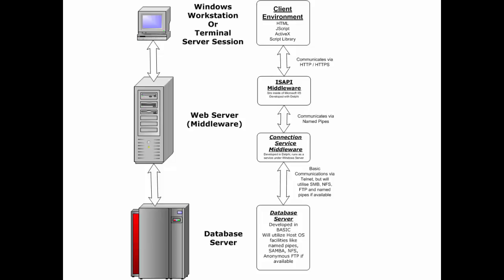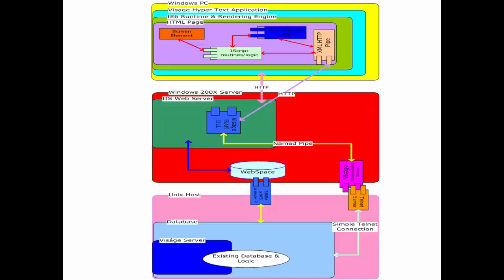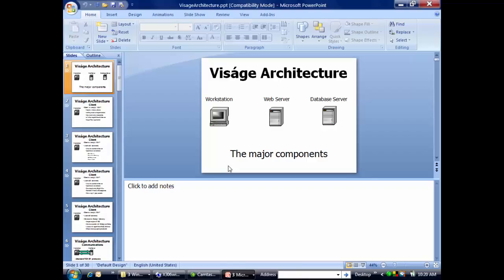That's the environment in a nutshell of where things actually work. So we've got the clients, the middleware, the database, written in various technologies and so forth. Variation to the theme, I suppose, is that. So that's what's happening in the architecture. You don't have to worry about any of that really, but as I said, I think it's just useful to know what's actually happening behind the scenes when you click the button and actually have something to do. So what I might just do, I'll just stop this